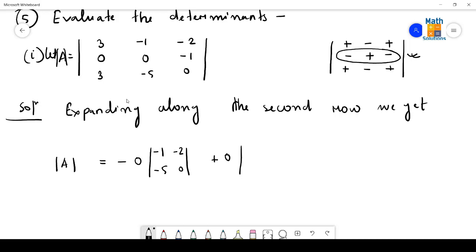And which elements I have to put within this determinant to be associated with this 0? The elements that we get after deleting the second row and second column in which it is lying. So 3 minus 2, 3 minus 2, then 3, 0. Then again for the third part it is minus, this sign convention, minus. Then the next term is minus 1 here. So this should be associated to those elements which we shall be getting after deleting second row and third column. So the elements will be like this: 3 minus 1, 3 minus 5.